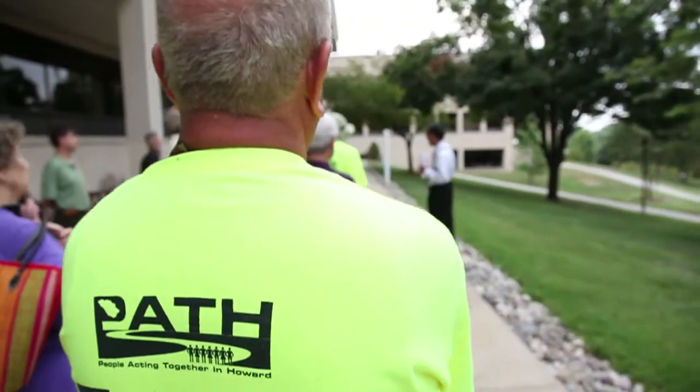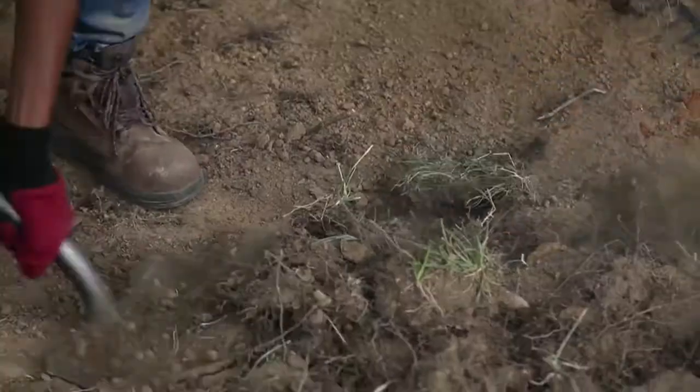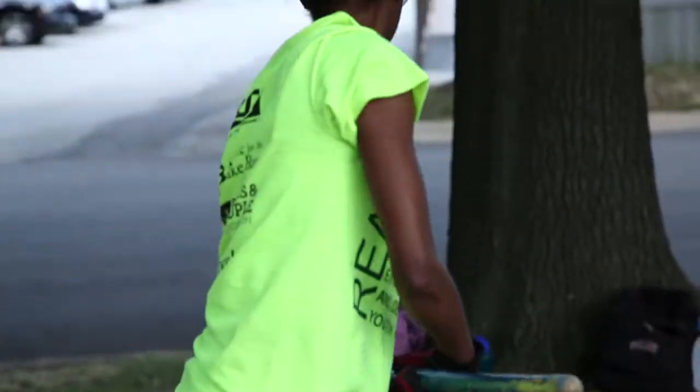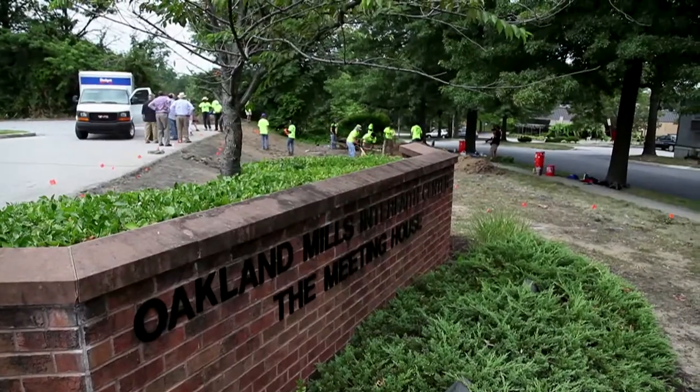Our organization came up with the idea of the READY program, and it came from asking people what are the top issues facing you and your family. And it very quickly became clear that one of the top issues was employment for young adults. And we found out at the same time that there was growing funding for stormwater runoff. They asked us to help them put together a program to kind of marry those two objectives, creating green jobs